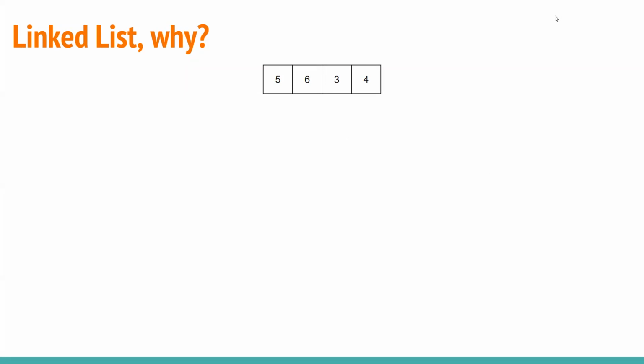Okay, so we're going to jump back to this idea of an array, and we're going to discuss a little bit more what the disadvantages of an array are so that you can understand why linked lists exist. Okay, so we did discuss this briefly before, and you guys know already that when we're accessing an array,